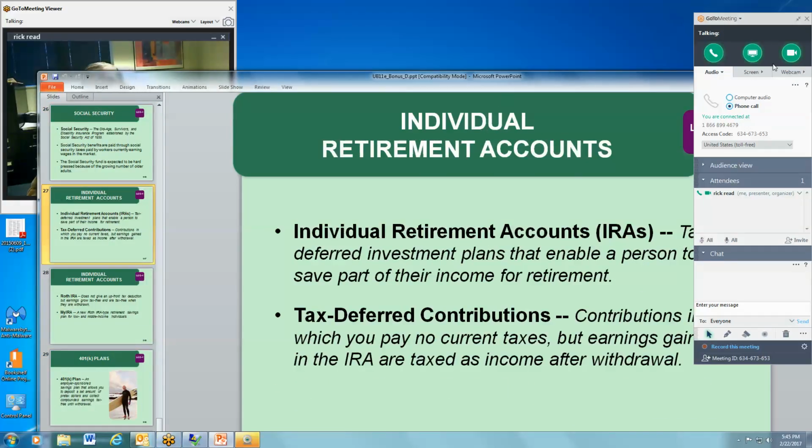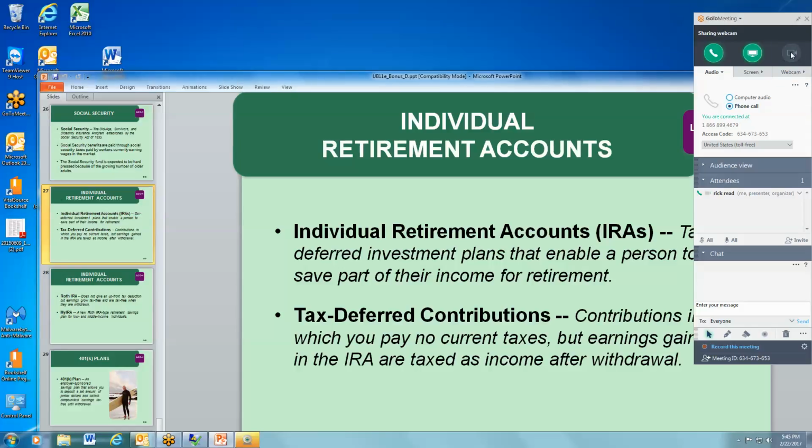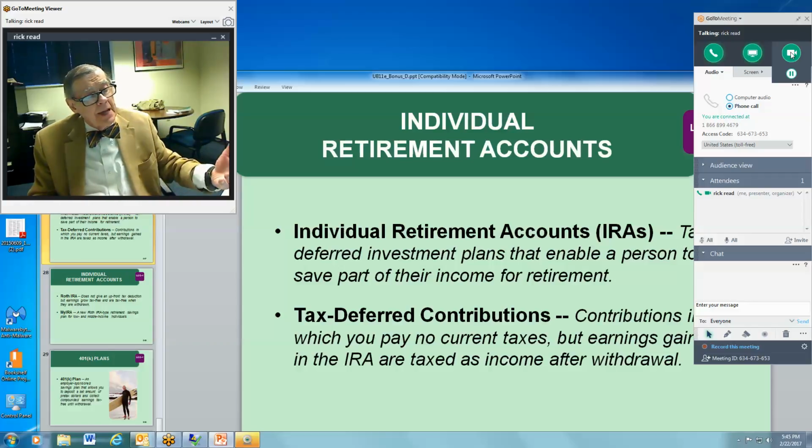Individual retirement accounts, certainly something that I would advise anybody to think about. You get these through your employer, or you're making a thing. And the thing about an IRA is it's deferred investment. You're putting your money in now, and you don't pay any tax until it comes out. A Roth IRA, on the other hand, you can pay money in all along, and you don't pay any tax when you take it out. So you may want to look at that.